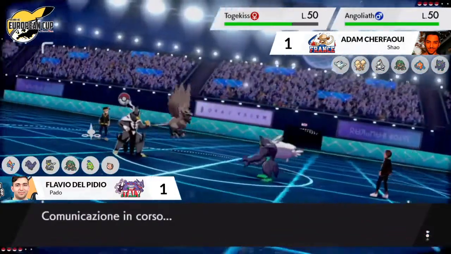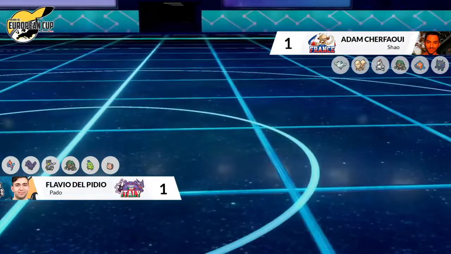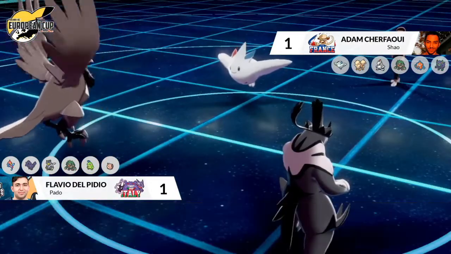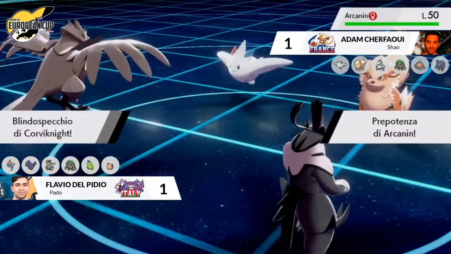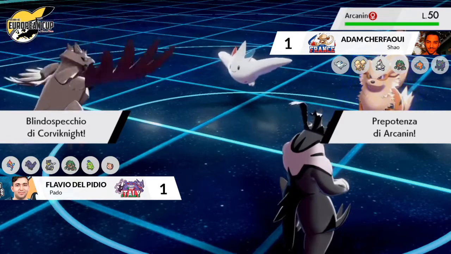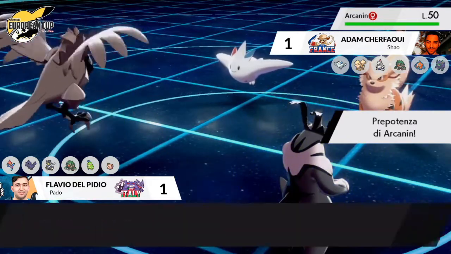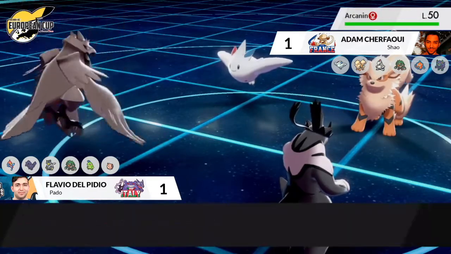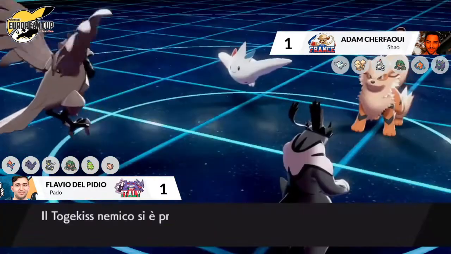The Grimmsnarl may want to switch out here to be able to reset its Taunt and set up the screens in the future, and that looks like what we're going to be seeing here. Yeah, well said, Jamie. We're going to be seeing the Arcanine switch in now for that Grimmsnarl to be able to use its status moves later on in this game, as we do see the interaction between Intimidate and Mirror Armor there, reflecting the Intimidate back onto the Arcanine, at least from the Corviknight's perspective,